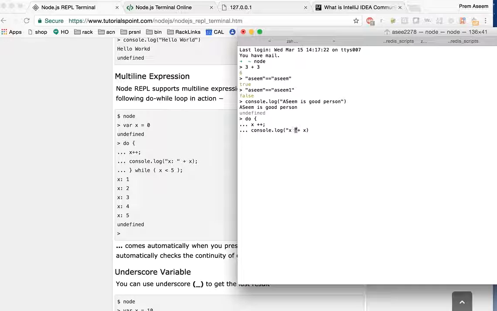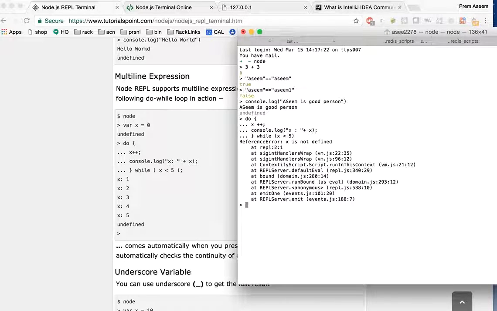Over here, and these semicolons are optional. And then we would close this bracket and we'll say while x is less than 5. It can be undefined or it can run, so we should define it as here. Now if we define this do, I'm pressing the up arrow key, which would help to